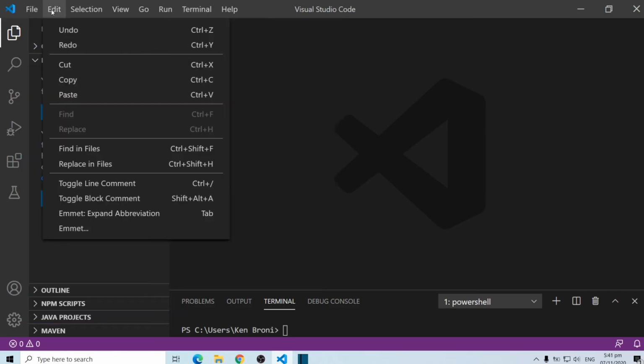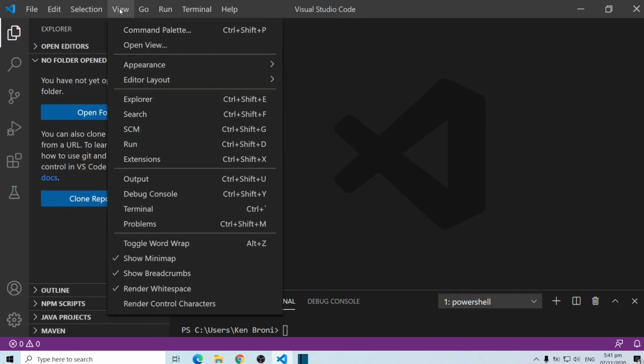So Control Z for undo and Control Y for redo, like pretty much all Windows application programs. Then you have cut, paste, and things like that. So basically these are things that may not be too strange to you, even for first timers. Then there are a few things over here, but